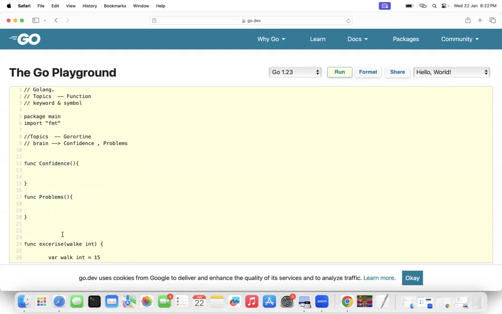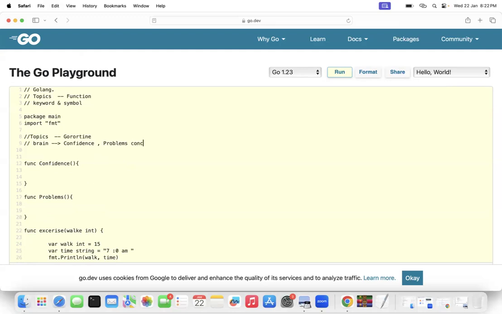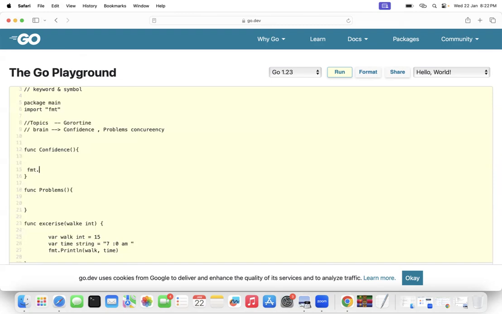Now, can I execute these two functions the way your brain does? In your brain it is concurrent, meaning you are running both together. But in coding, I cannot run them together. Either confidence will complete or problems will complete, one by one. But I will make that concurrent.